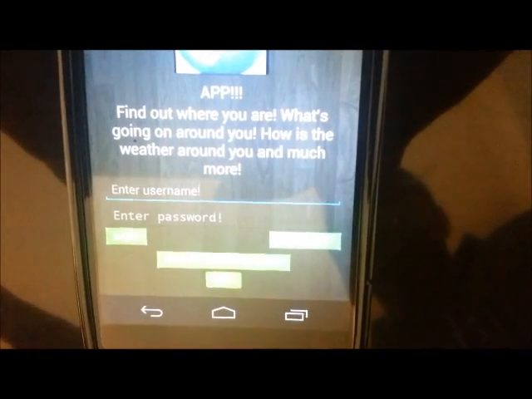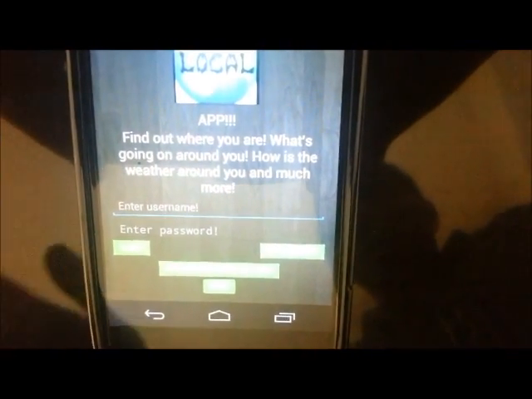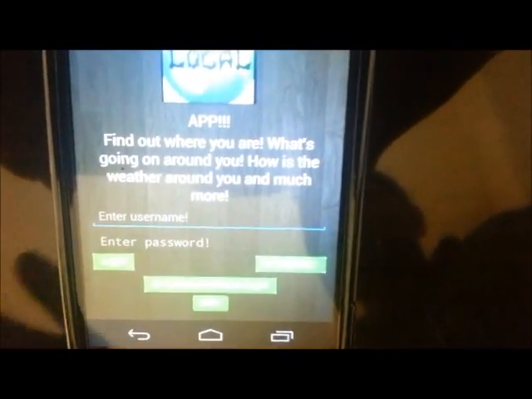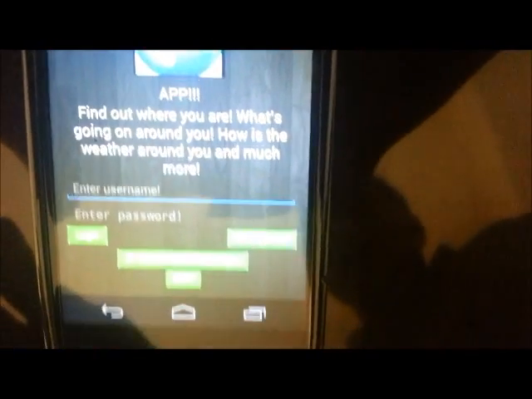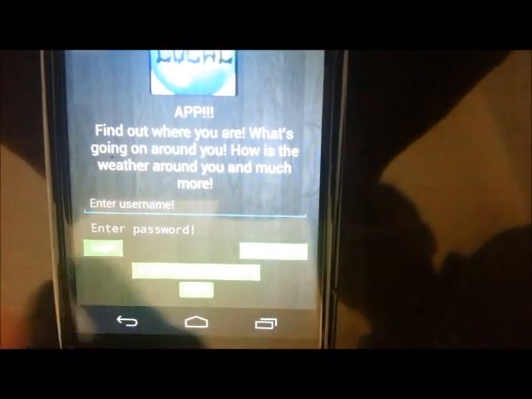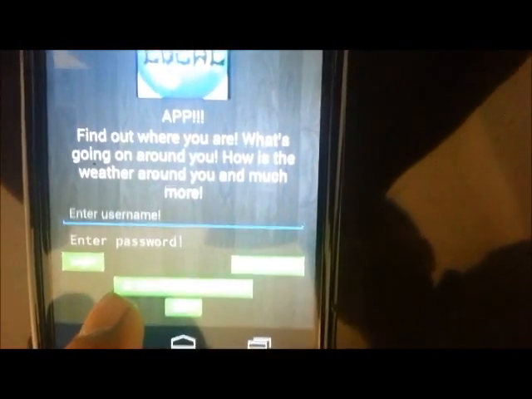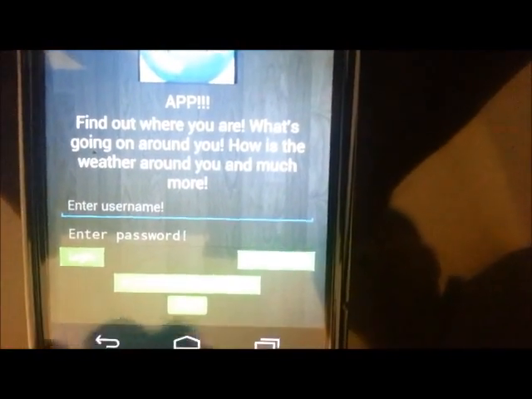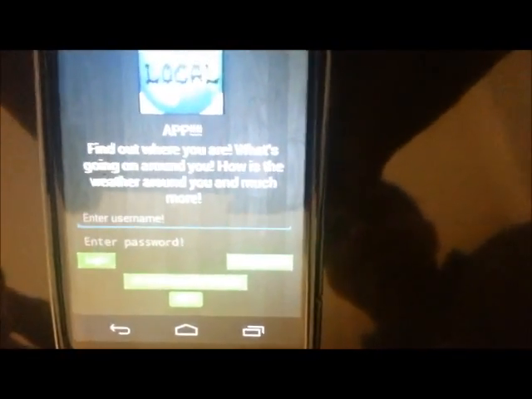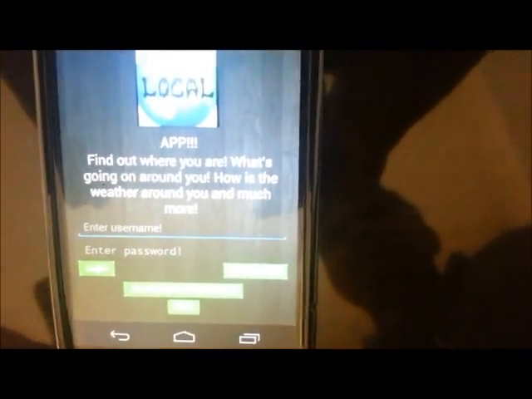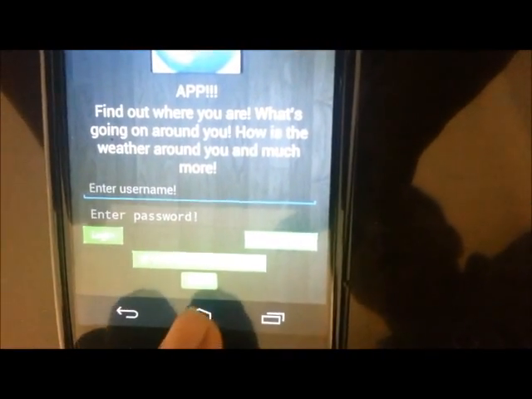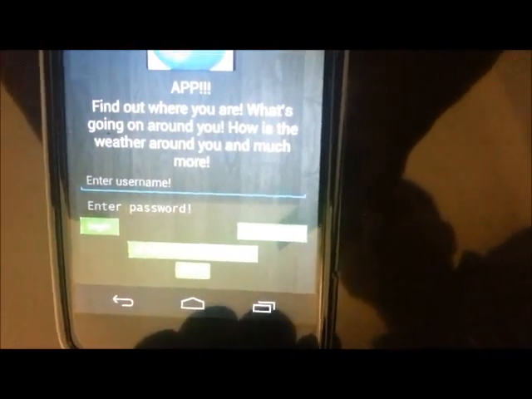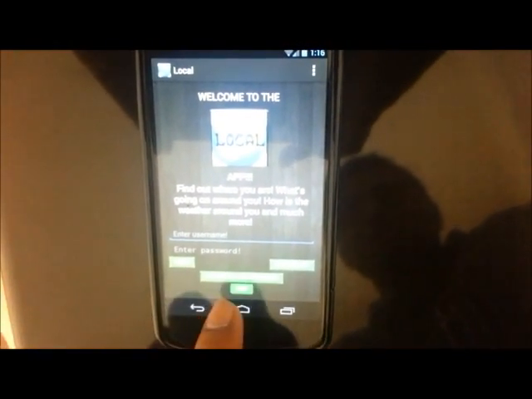If you are in a bit of a hurry and would like to use this application as a guest, we allow that as well. This huge button down here allows you to progress as a guest and use the application with limited capabilities. This very small button down there is the exit button, and it takes you back to your menu list.